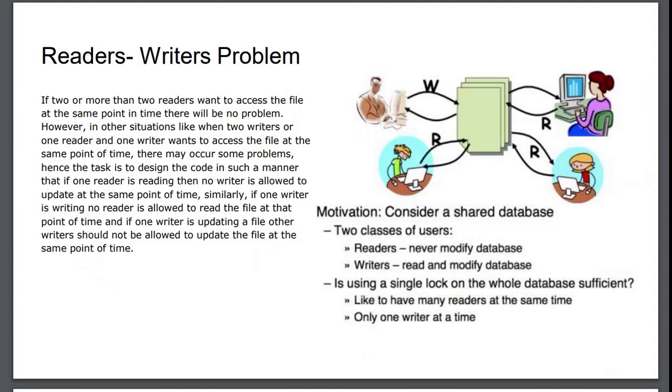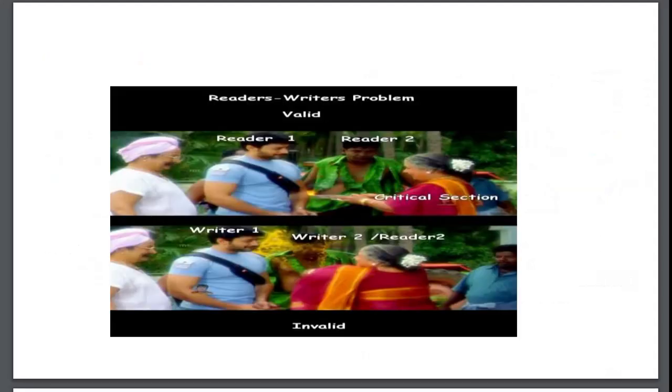So if a writer is going to enter into the critical section, then they have to apply a lock. Then they can enter into the critical section and write the data, and if some other writers are ready to write, they have to wait for the lock, right? So that is what is illustrated here. This is the best example seen from Winner, right, where Prashant will enter into their